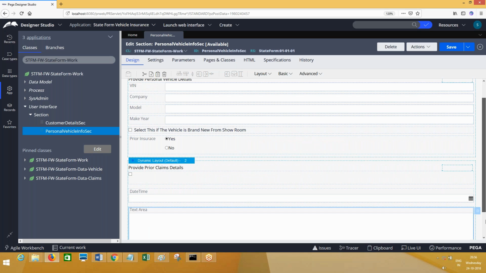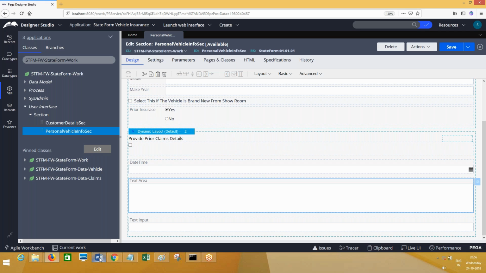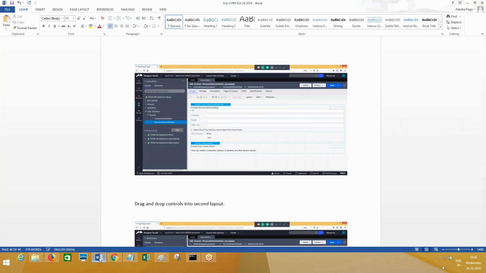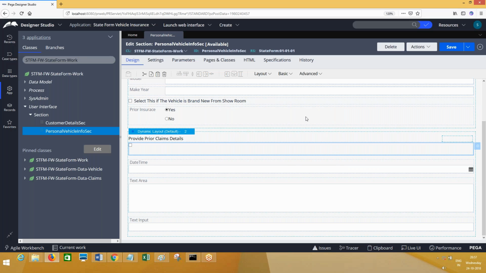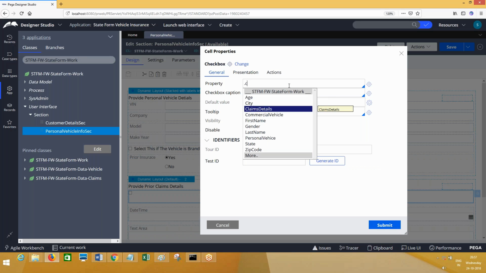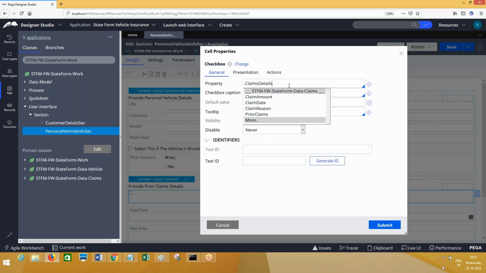Like this, you need to drag and drop. So for the checkbox, you have to double click on this, and this is claims details dot prior claims, correct? So please select if you have any previous claims.